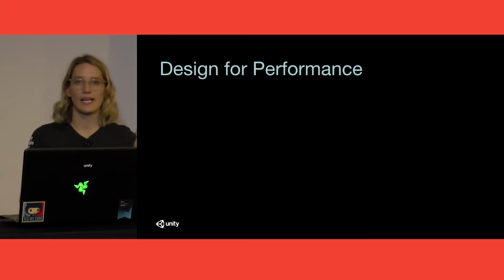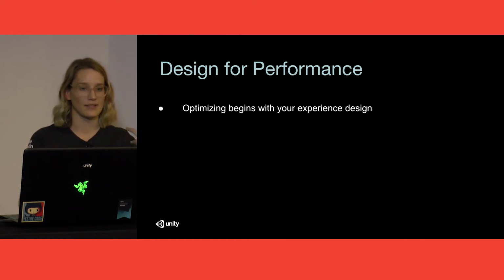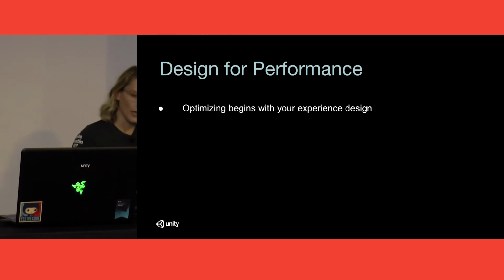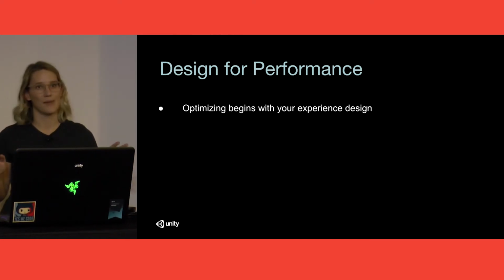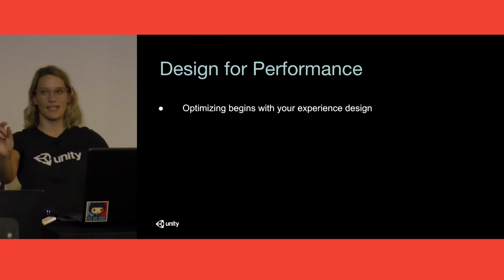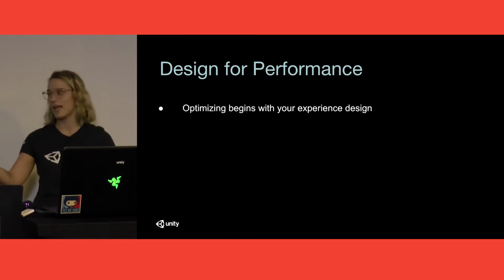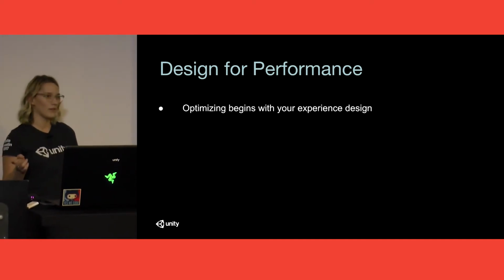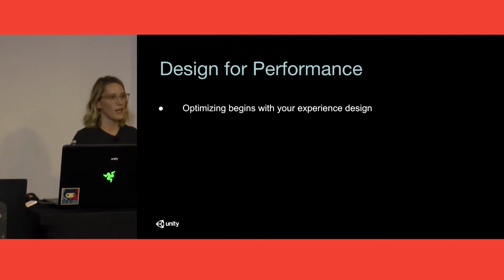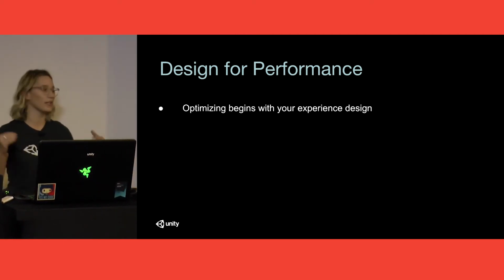All right, so let's talk about designing for performance and what that means, because it could mean a lot of things. Here's what I think it means. You want to actually think about your experience design. I don't know if some of you saw me at the beginning, I had to get my sensors all set up, and it took a few minutes. They had to be perfectly in place. And even then, since I'm using the Oculus, I only have about 180 degrees that I can actually move around with. So you really need to think about this when you're designing your experience. Is your user going to be using an Oculus potentially? Are they only going to be using room scale like the HTC Vive?